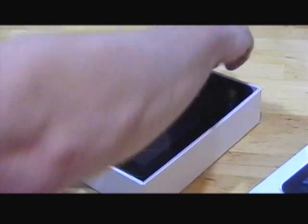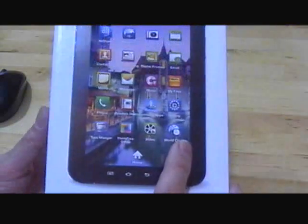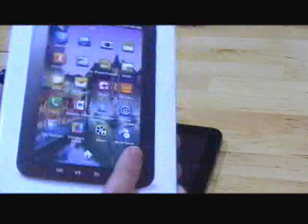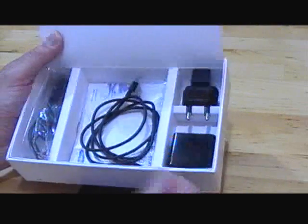Here we go. So the Tab, I've already unboxed it, of course. It sits on the top of the quite small packaging, really. I was surprised how small it was. There's nothing really major in terms of packaging or contents. We have